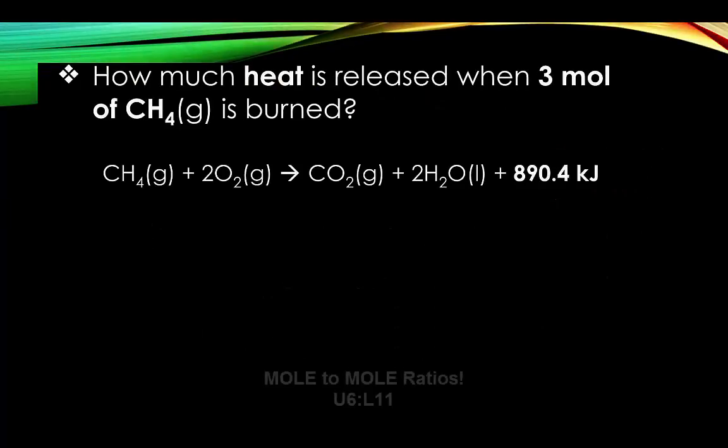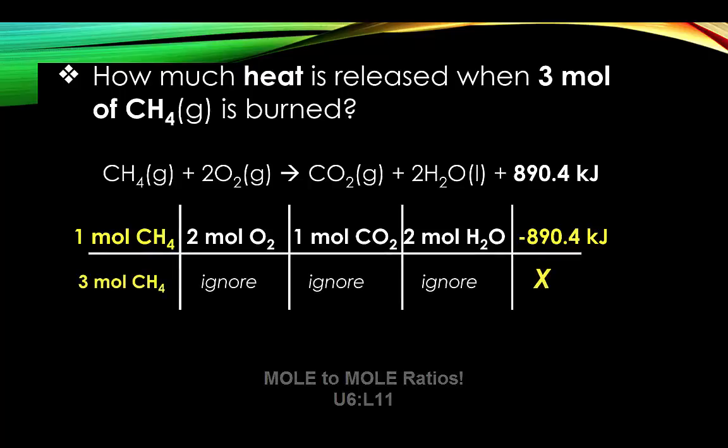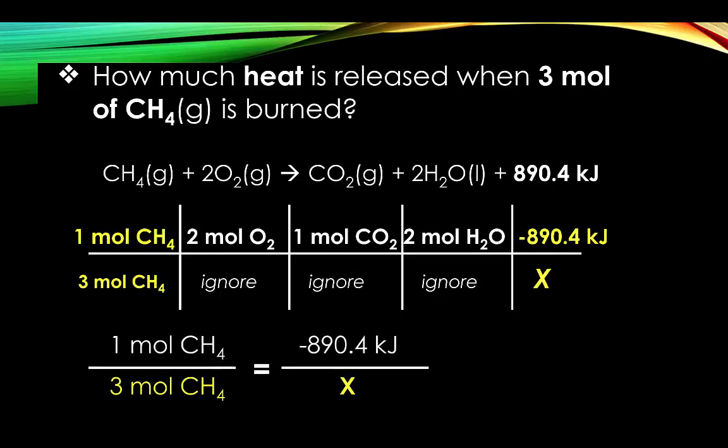So here's an example: how much heat is released when 3 moles of methane are burned? Okay, so we're going to understand that these are the two things that we are going to be talking about. We're going to ignore the other pieces because we don't need their information. You set this up in a ratio, and now you just cross multiply. When you cross multiply and divide, you end up with negative